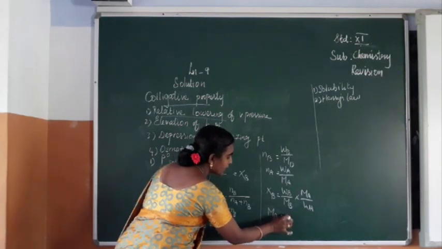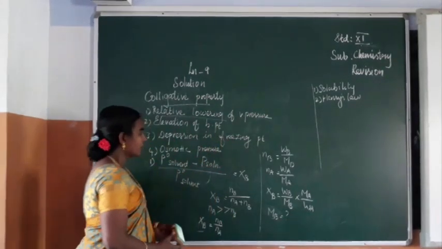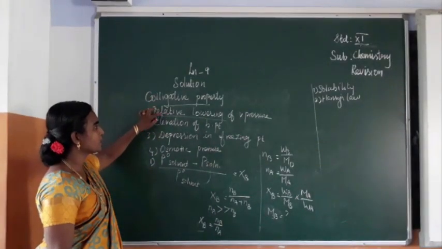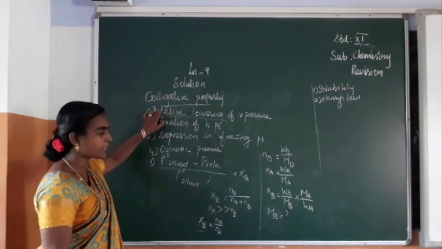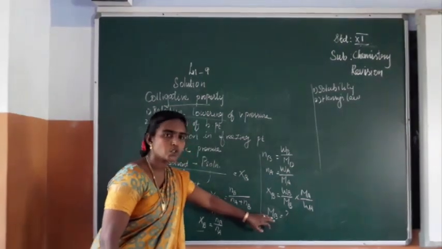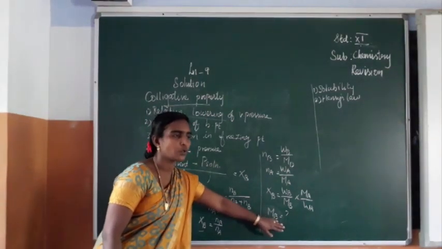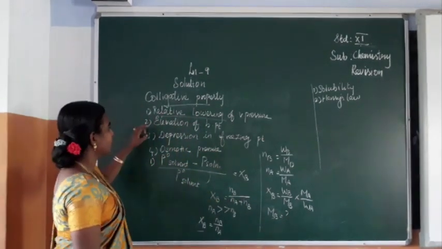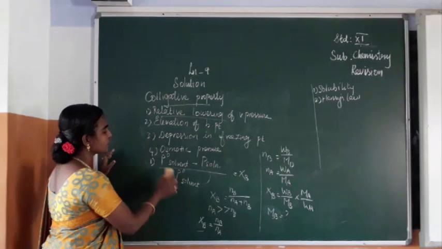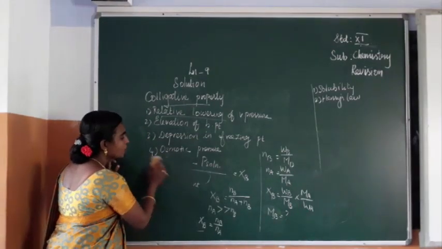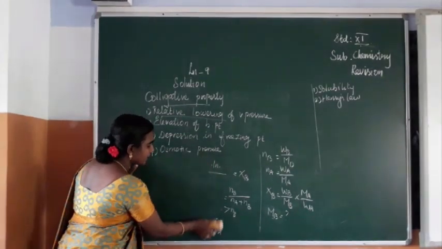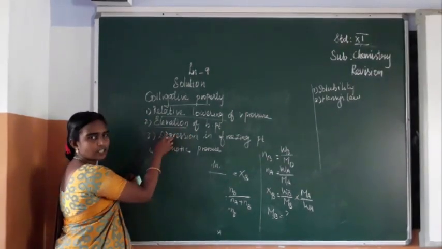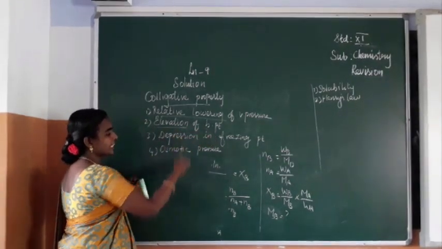So the important point regarding this is, from the colligative property we can determine the molar mass of the non-volatile solute. Okay. So the first property is finished. Next one is elevation of boiling point. From the word itself we can understand elevation means increasing, isn't it? So the boiling point gets increased.